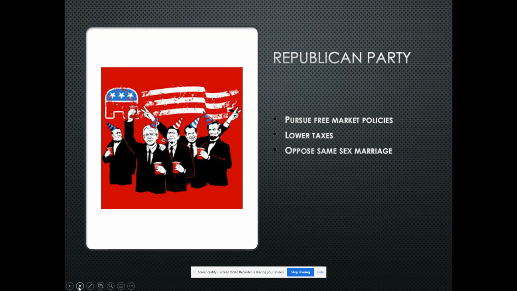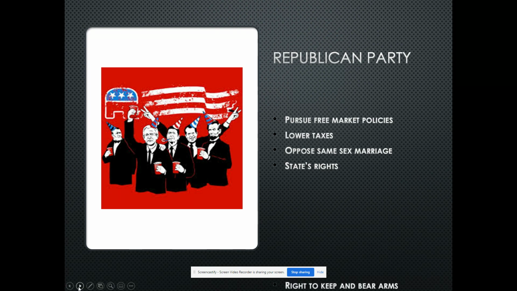Opposition to same-sex marriage, defining marriage between a man and a woman. That's the way it's always been, and that's the way it should continue to be. States' rights. If a government is going to have power, it needs to be more at the state level rather than the federal level. Instead of a one-size-fits-all policy for all 50 states, let individual states make decisions on what they want to do.